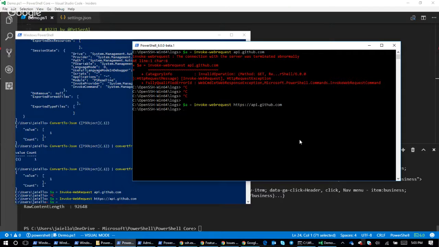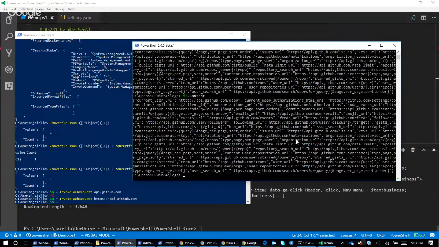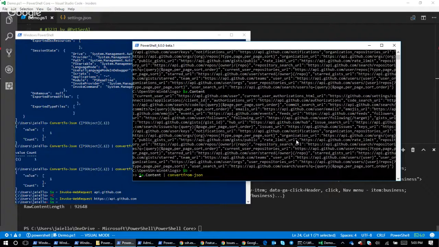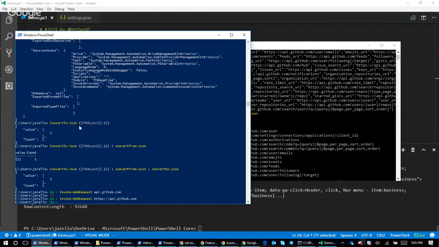I'm going to write that down on my whiteboard real quick. Sorry, guys. No, you're fine. That's really strange, because it broke in full CLR too. I feel like I would have tried that at some point. So if I look at raw content here, that's a big JSON blob. Oh no, I want content actually. There's our JSON blob, and you're saying ConvertFrom-Json. Very nicely, $B equals that thing. So that's what $B looks like, and this is what Invoke-RestMethod would have just spat out by default. It automatically does the JSON parsing for you.